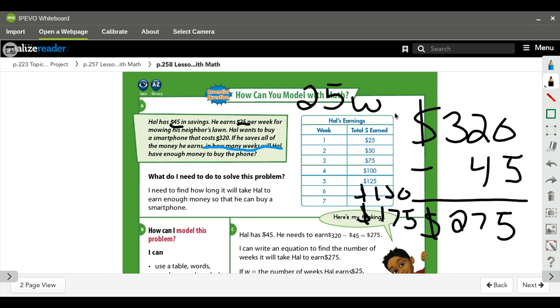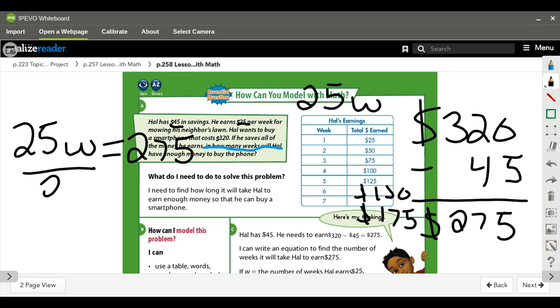Now, if I already know that 25W is my rule and I need to get to 275, I can solve for W by dividing both sides by 25. And when I divide both sides by 25, I'm going to get that W equals